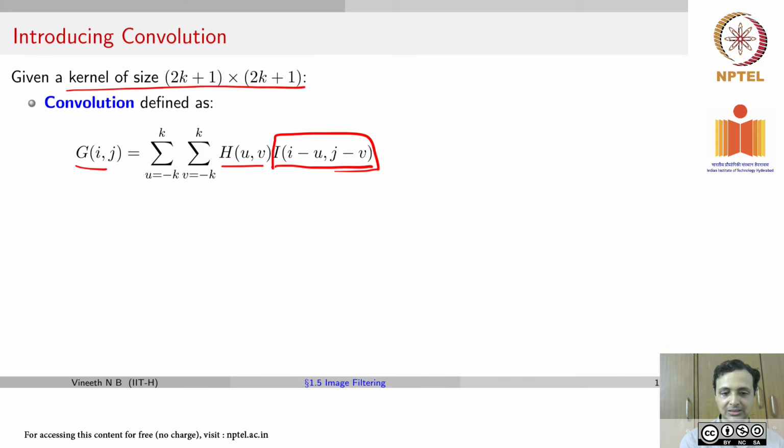Okay, so probably this slide has a minor issue. There should be a normalizing factor here, but it really does not matter in practice as long as you normalize the values in the filter itself. So if your filter values are not normalized, you have to explicitly normalize at the end. But if we assume that the filter values are normalized, this normalization will not be required.